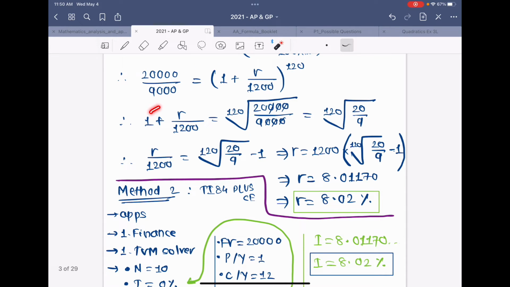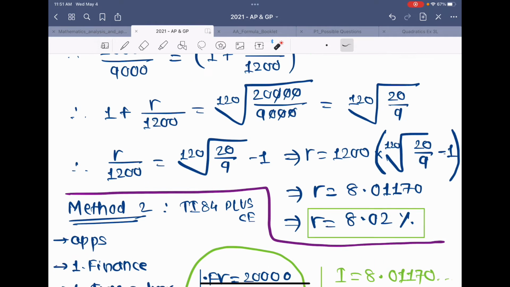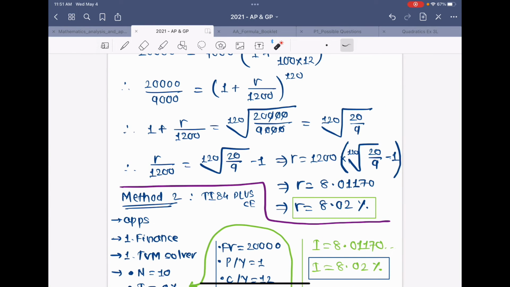Then I'm transferring this 1 to the other side, it becomes -1. So R over 1200 is the 1/120th root of 20 over 9 minus 1. So R is equal to, then you multiply 1200 on the other side. So 1200 times bracket of the 1/120th root of 20 over 9 minus 1. Now type this full